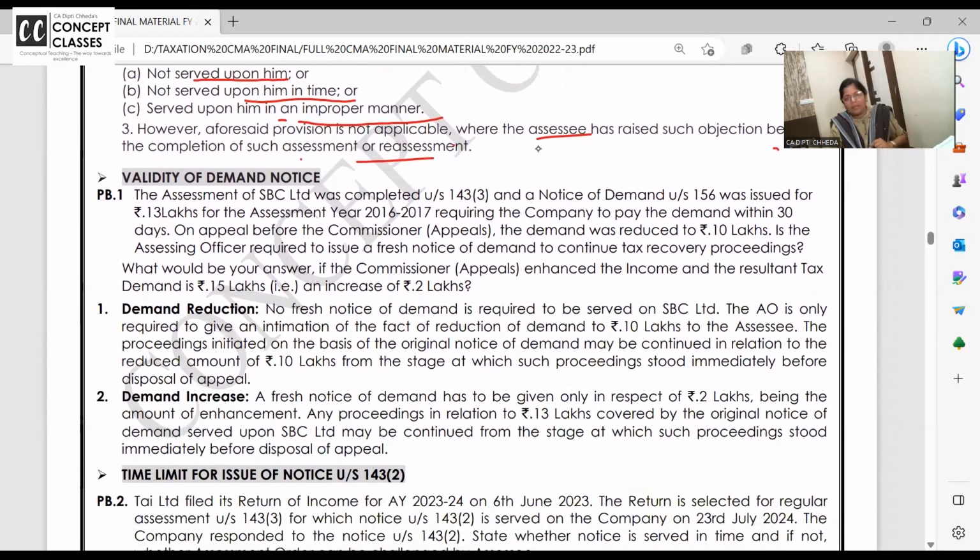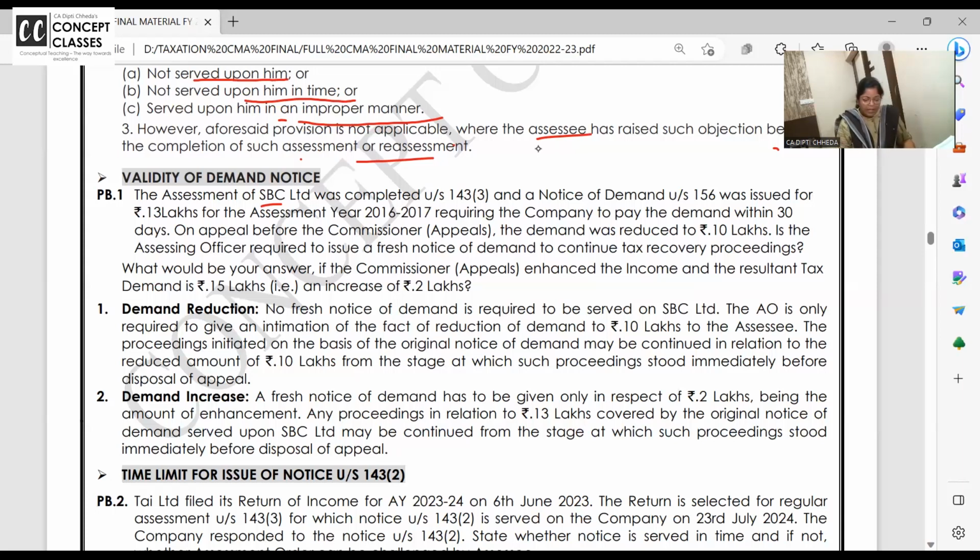Are you getting how I am reading? Can I start with the Q&As? Ready to go? Assessment procedure is a small topic, but Q&As थोड़ा detail में अच्छे से करेंगे. Okay? Shall we start with the first one? Assessment of SB, and these are past exam questions. I have not even changed the names and all. As it is, I have given, because language अगर कहीं लग रहा है तो ये ऐसा ही है.